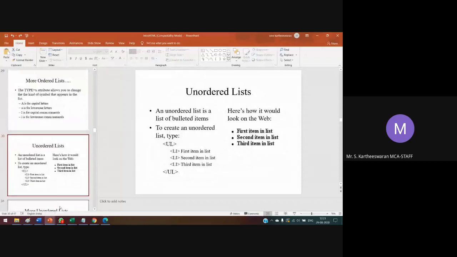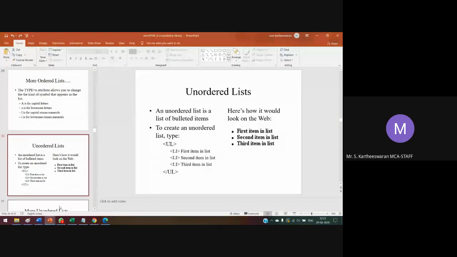Unordered list. Using a UL tag, you list the content of the web page. The unordered list is denoted as a UL tag, ending with /UL. Using the dot, some of the unordered list elements will be there.